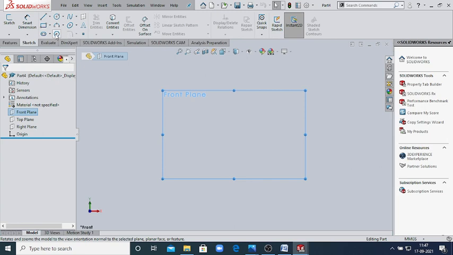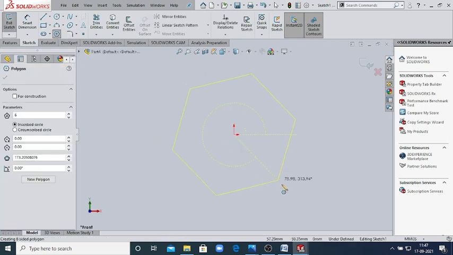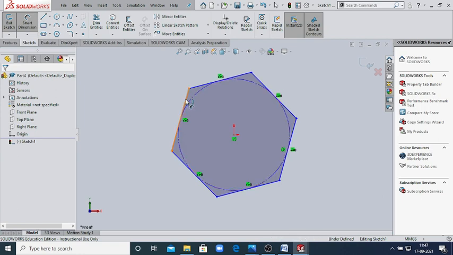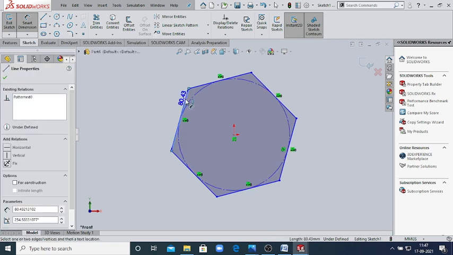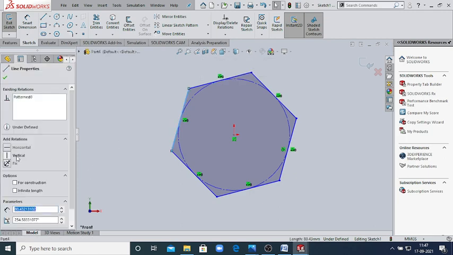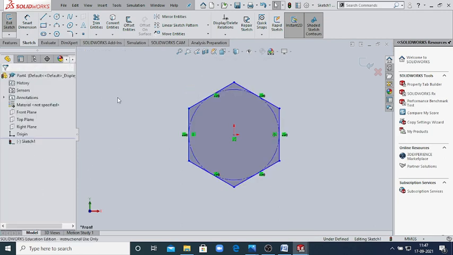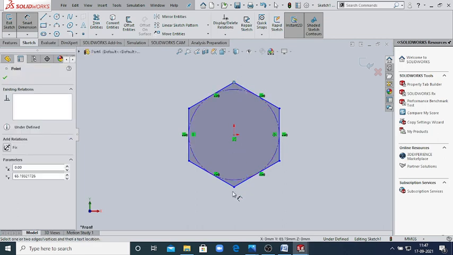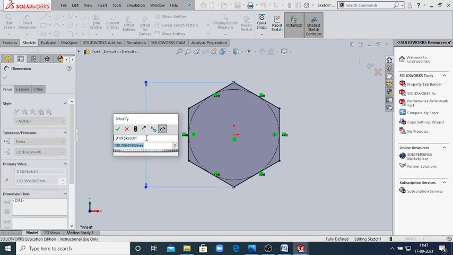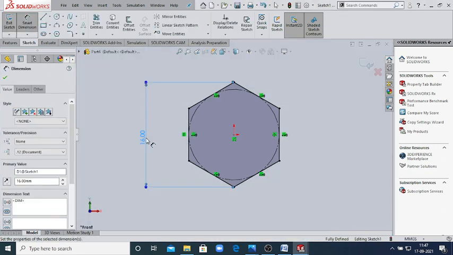Now select the sketch, then the dimension of this. First of all, select this and then vertical this. The dimension of this is 16. From this point to this point is 16 mm, 2D, 8 multiplied by 2, that one is 16.